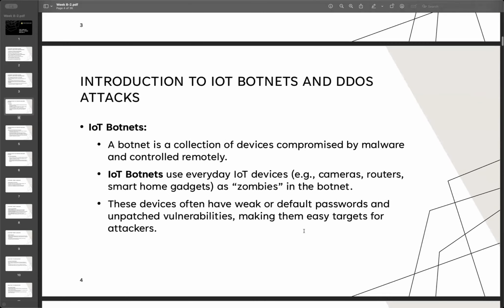Okay, and for the botnet, it is a collection of devices that are compromised by malware and controlled remotely. Slightly calling back to cybersecurity, in that chapter we spent 2 to 3 weeks talking about different types of malware, right? For the botnet, those are malware of different types, maybe something like Trojans, worms, okay, maybe some toolkits. They're all possible and can be used.